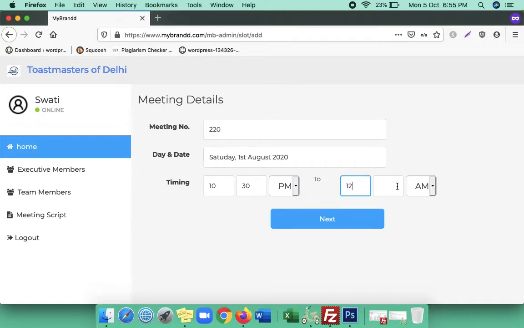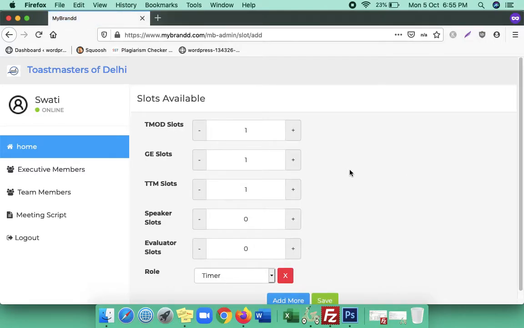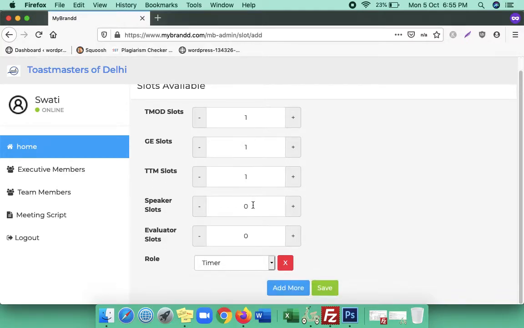Let's say 10:30 to 12:30. Then next I need T-mode slots 1, GE slots 1, TTM slots 1, speaker slots 1, 2, 3, and evaluator